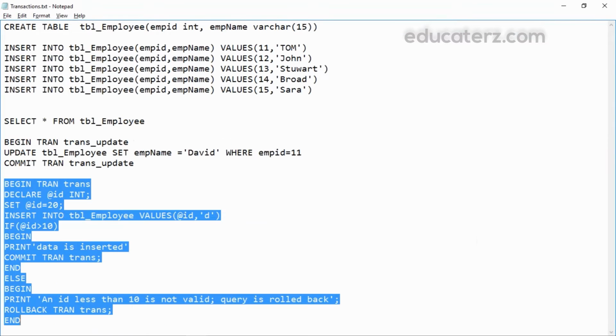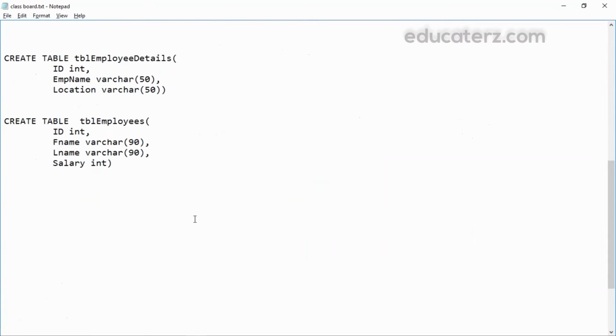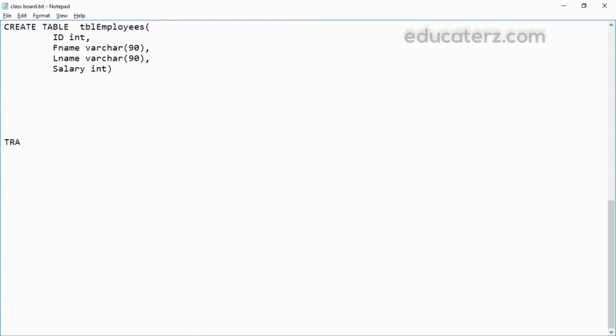A transaction is a new word. Let me explain that. What is a transaction called? A transaction is a set of work we are doing until it is completed. So a transaction is a set of SQL statements which a database treats as a single unit. That is, all the statements should execute successfully or none of the statements should execute. This is called a transaction. All the statements should get executed,